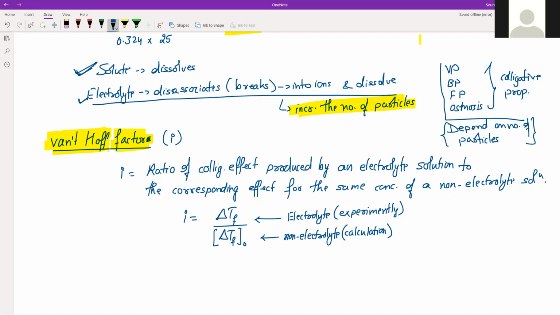When we do the calculation, we get a value of delta TF, that is the change in freezing point or change in boiling point. But when we actually measure this, we find a different value. Why? Because the number of particles is more as compared to its concentration. Concentration gives us the participation or the percentage of the entire electrolyte, but because it is an electrolyte, it will break and the number of particles in the solution will be more, and thereby the vapor pressure will be different, and the actual freezing point will also be different.